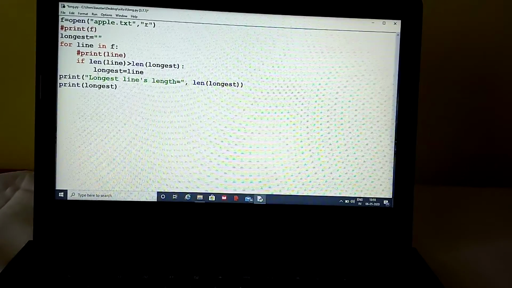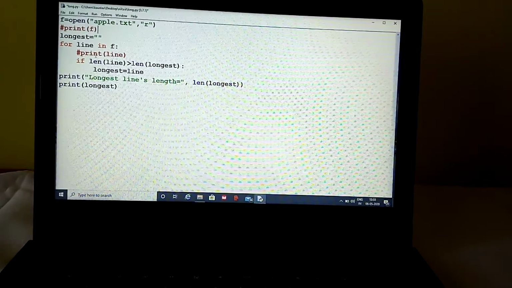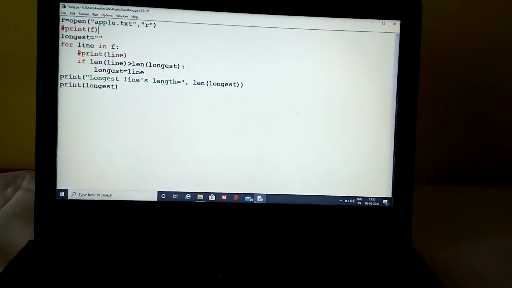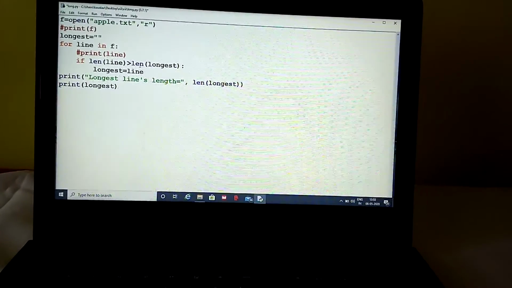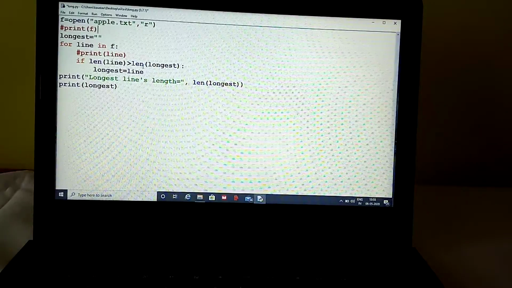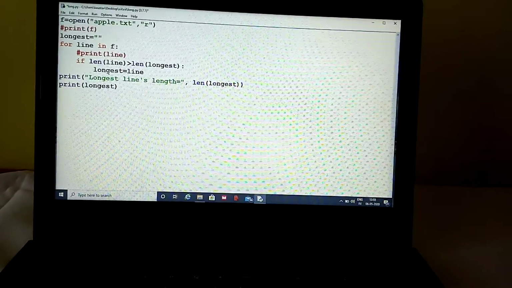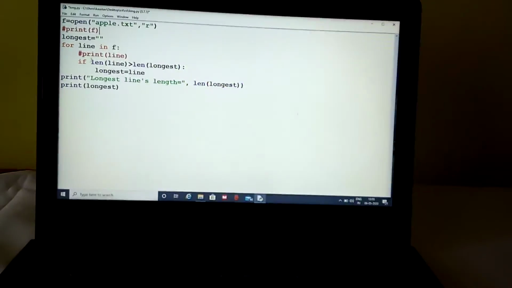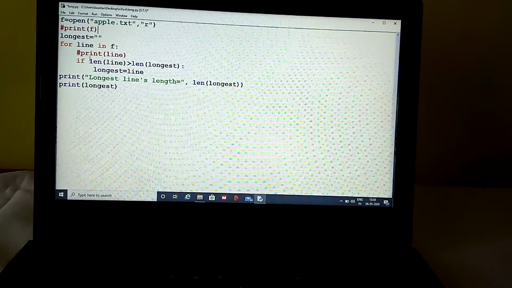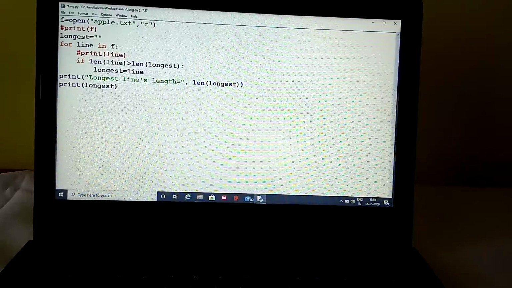Suppose 4 lines are there. Take the first line; it will judge whether the first line is longer than the length of the blank or not. If it is, the first line is stored in longest. The loop will continue up to the last line.